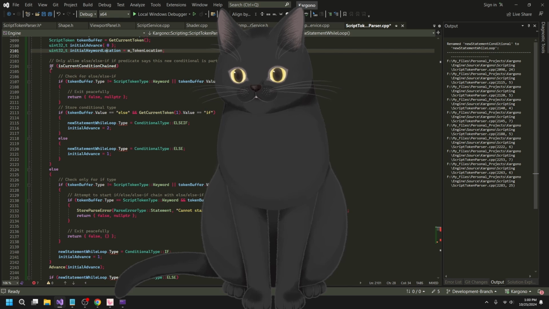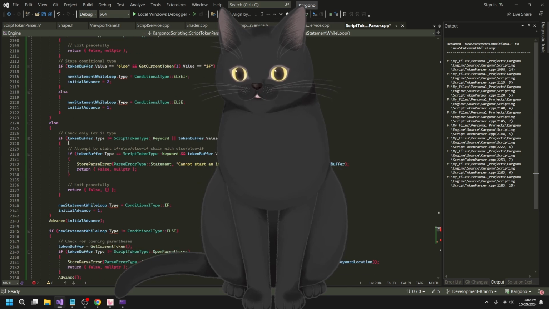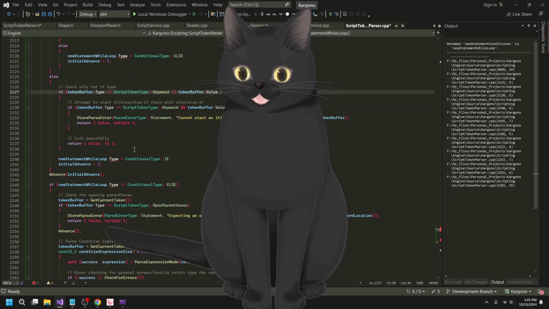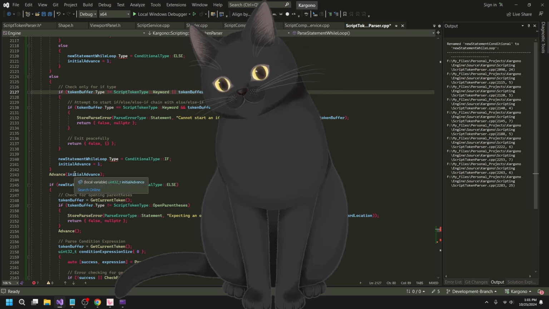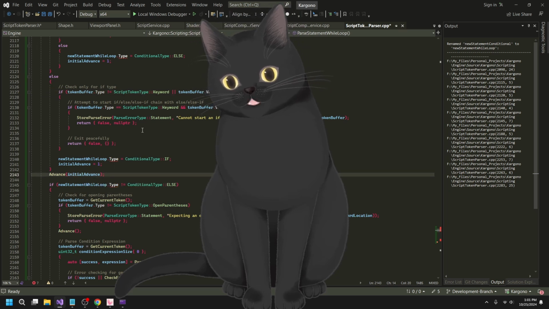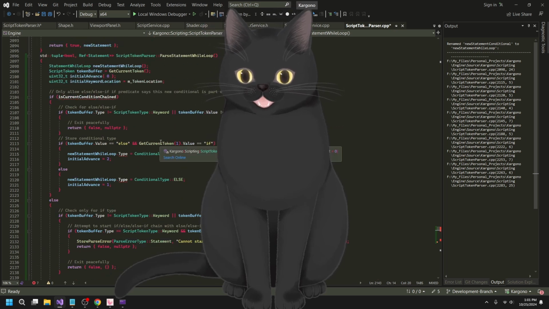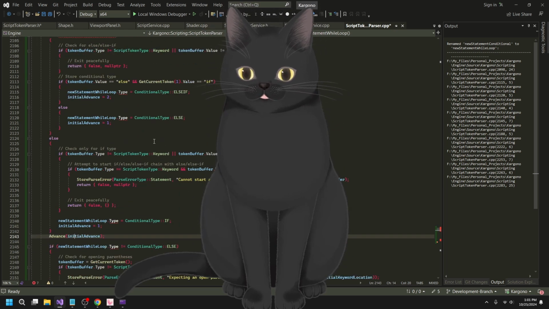So this is current chained, and then this is if it's not chained. But regardless, it looks like what I'm doing is it checks if the current keyword is if, right? And then if it's not if, we do a little bit of logic, and then we advance based on the initial advance. This initial advance is varied because if you have an if else, that's 2 tokens instead of 1, so you have to advance twice instead of 1 time.